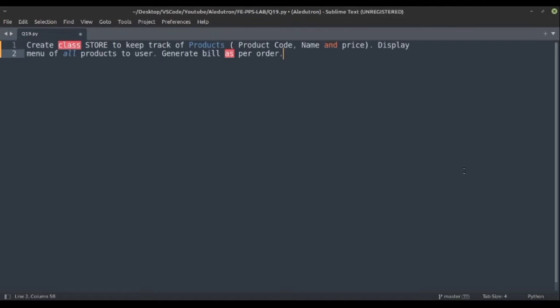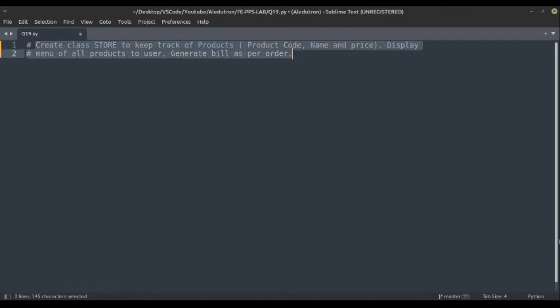So let's just paste this and comment out. As in the last lecture we saw how to create a class, static method, the init function and creation of objects. Let's just directly move on. So first of all we would need a store class, and our main function which is def init. If you don't know what this init function and class store mean, you can check out my last video,